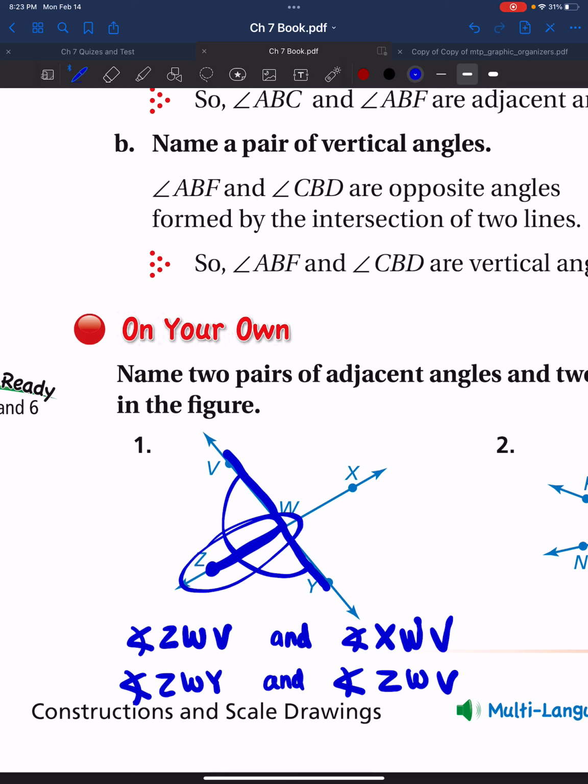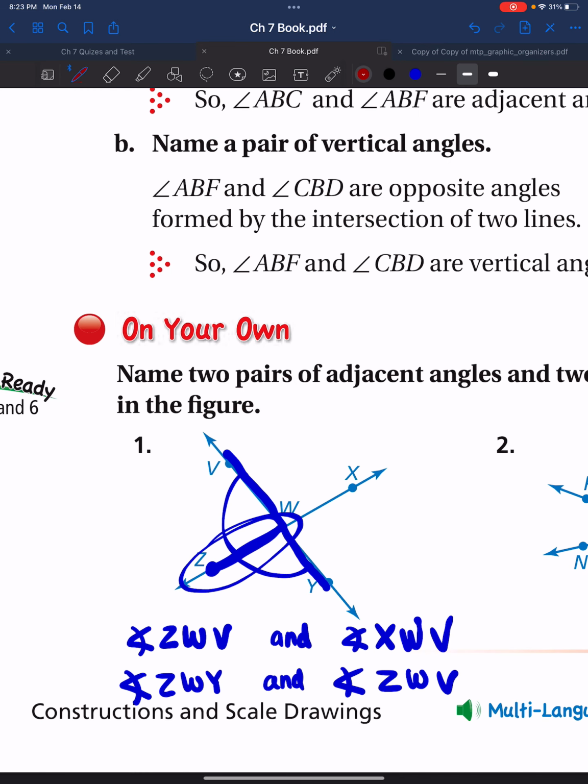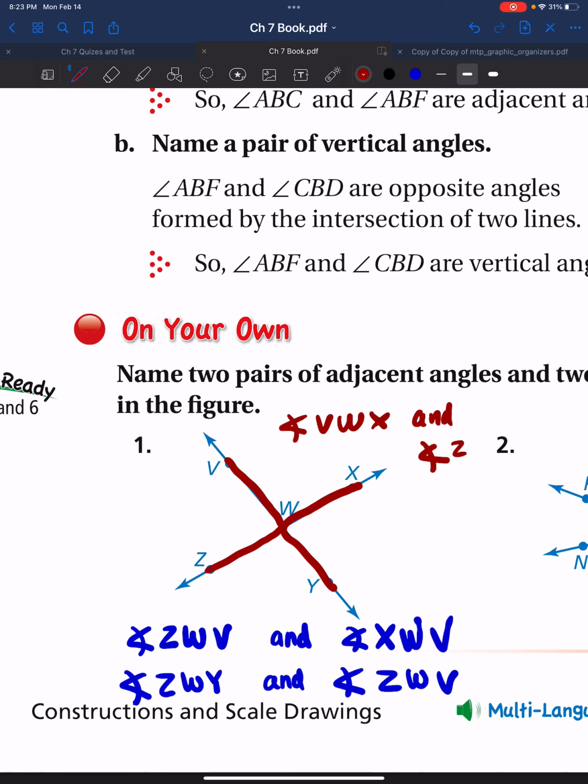Now we need to name two vertical angles. I'll do vertical in red. Oops, I'm bouncing around all over here. Okay, vertical are opposites, right? So I could say angle VWX and angle ZWY. Those are vertical because those two are congruent. Okay, and then another one that I could do, the only other one I could do, is angle